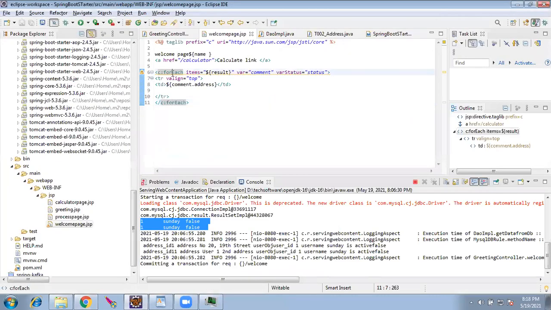In the documentation, I wanted to show. Okay, now this is the syntax for using the forEach.